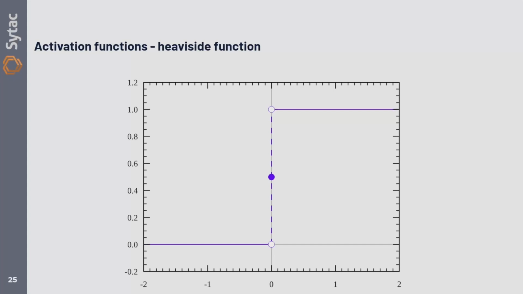Any takers? What? Goes to infinite? It's an infinite step. Infinite at zero, you mean? Yeah, it's just going straight up, the slope. Yeah, basically. So, to know in which direction we want to move each step, we need a direction. Here, the direction is zero. Here, it's infinite. Here, it's zero again. I don't know how to actually train the model with this thing, but I can't imagine it went very well.